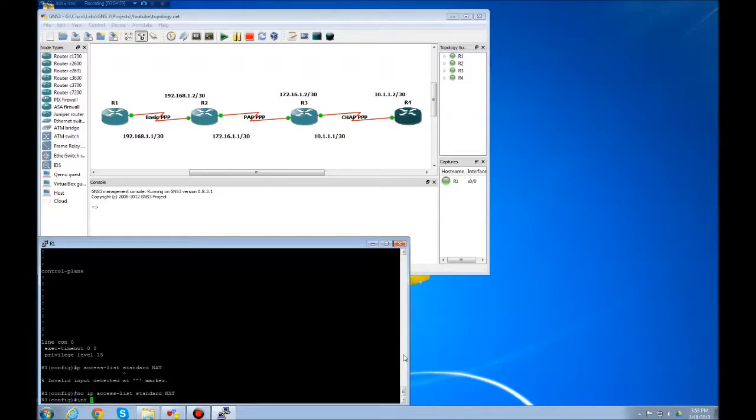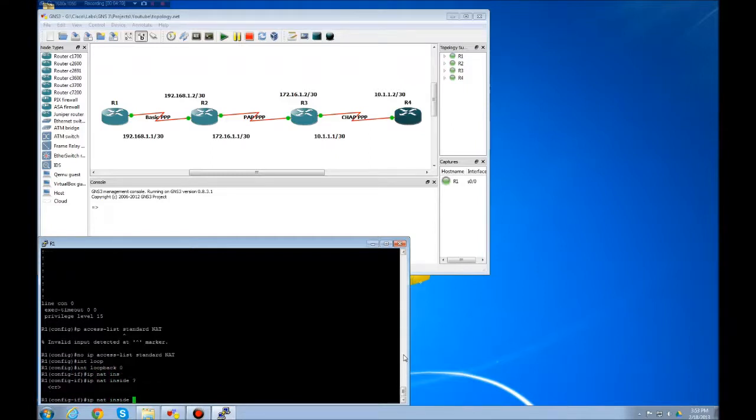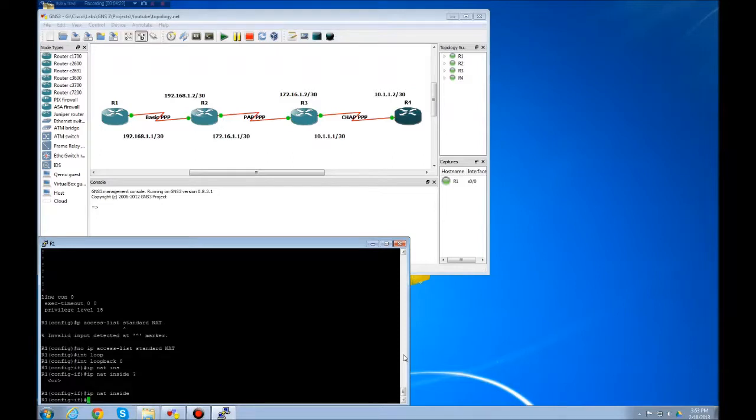So I'm going to say interface loopback 0. And I'm going to say ip nat inside. And I can question mark that out, and there's nothing else I need to put in there, so we'll hit enter. And what that does is that defines this as an inside port for the inside network,